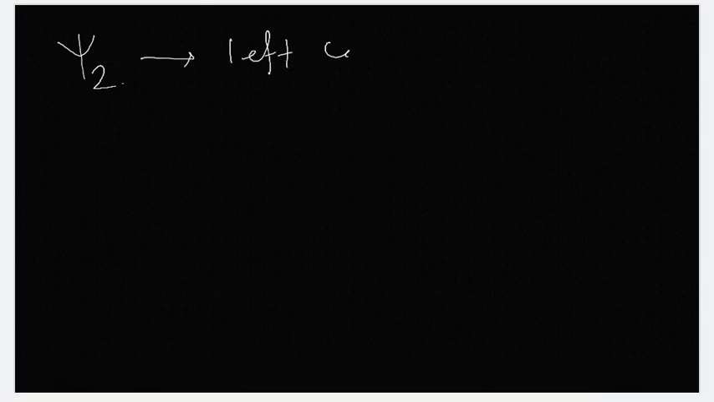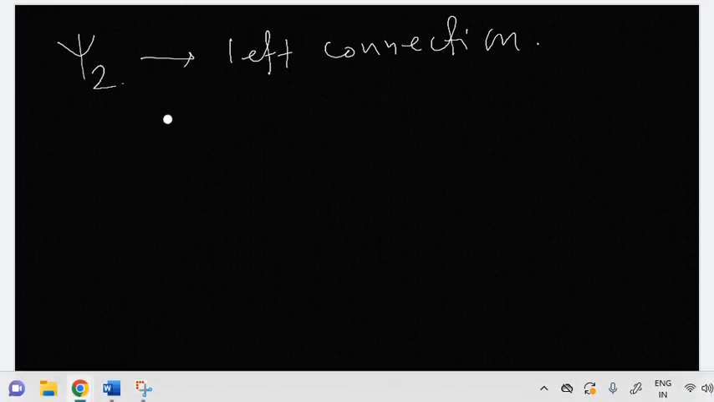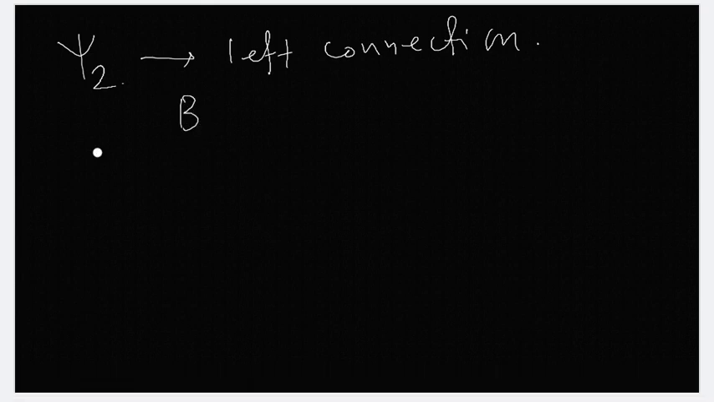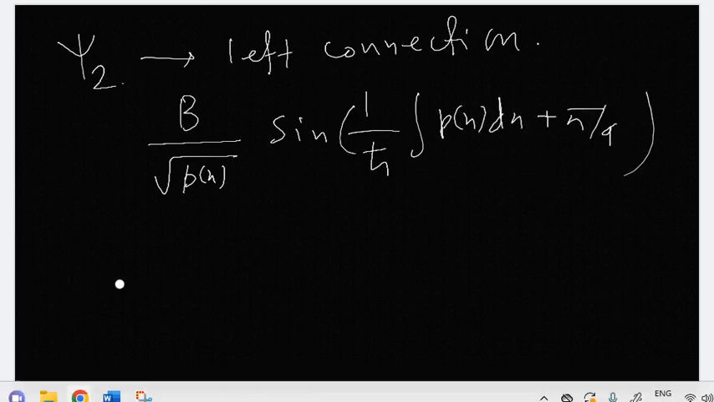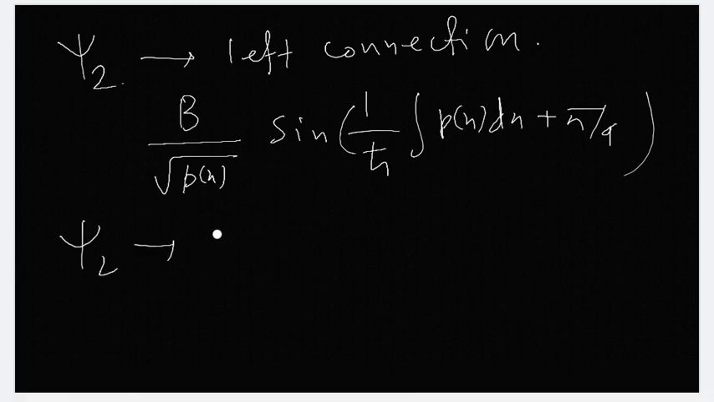So if you compare the psi2 from left connection, what was the value? Psi2 from left connection was b by root px sine of 1 by h cut integration px dx plus pi by 4, right? And psi2 from right connection,